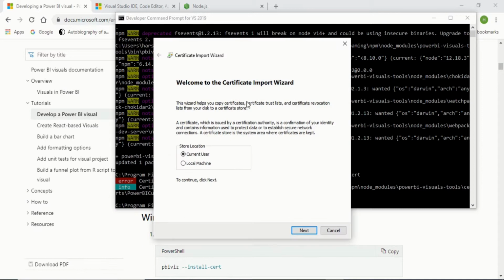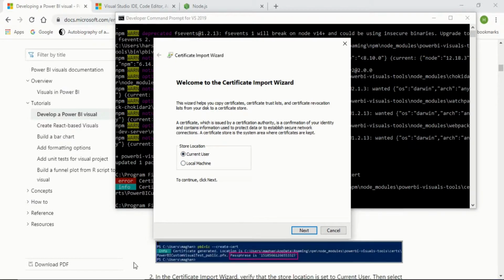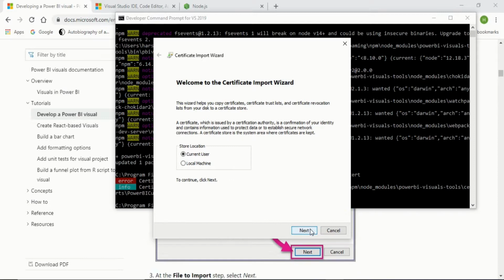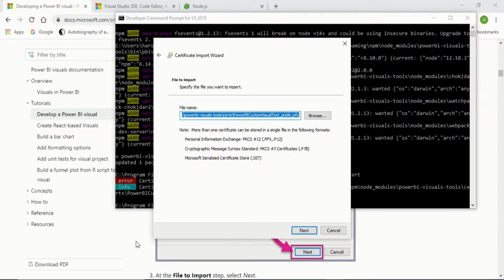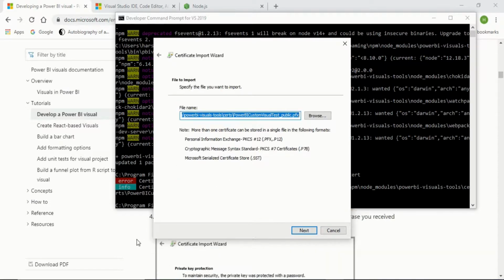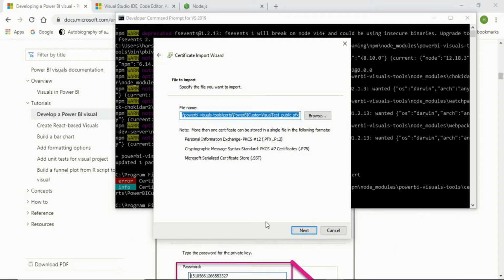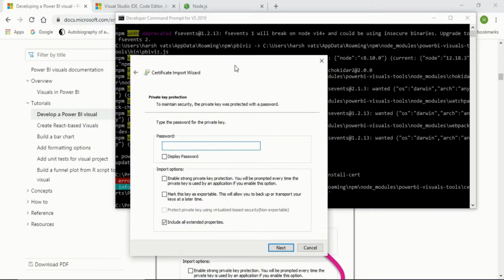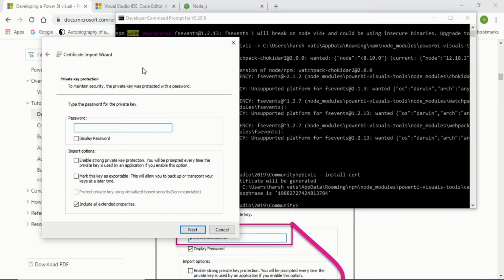When you click on OK, the certificate import wizard will open up, and in here you have to select current user. After that, click on next, and it will show you the file name. Again, click on next. The password will be asked, and in that you have to type this passphrase.